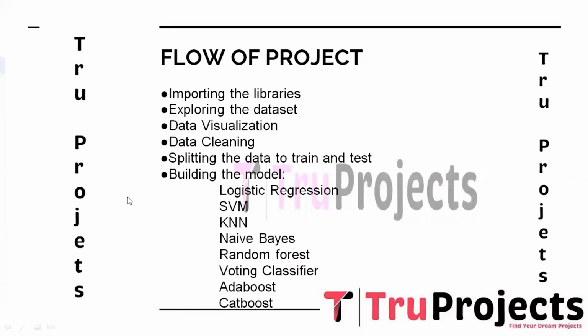And the sixth one is building the model. In this step, multiple machine learning algorithms are employed to create the predictive model for car popularity. The first one is logistic regression. As a fundamental and widely used linear classification algorithm in machine learning, it is primarily applied to binary classification tasks where the target variable has two classes.